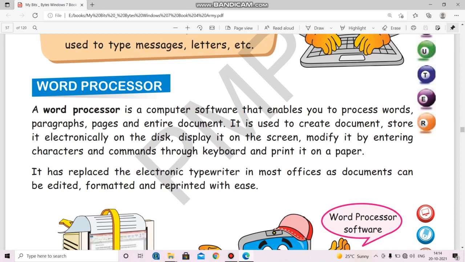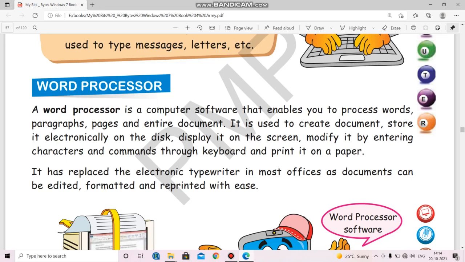If you want to make any changes or editing, you can do those modifications as well. And you can take the printout of it as a hard copy. So all these things you can do in the word processor.